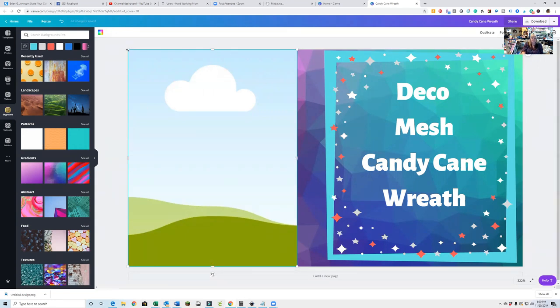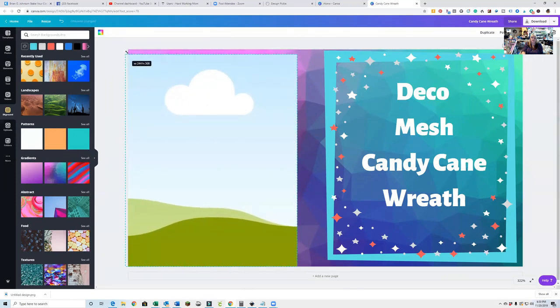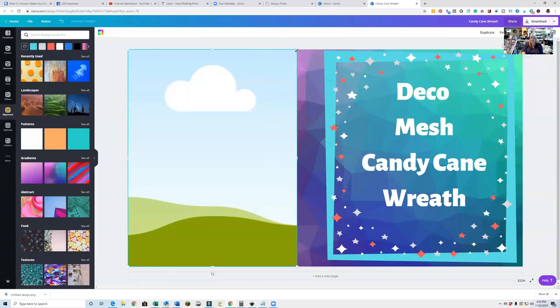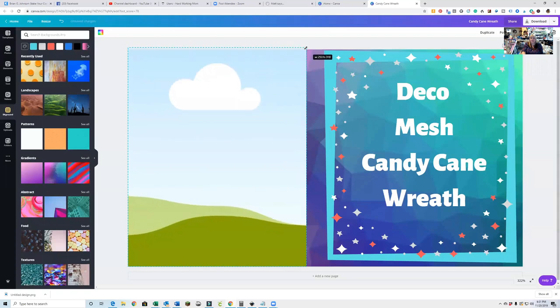So what this means is that I can adjust the size of this just by simply holding down my left mouse key and hovering over where that little dot is and grabbing it. I'm holding down my mouse key and I'm able to drag it all around. I'm able to change the width